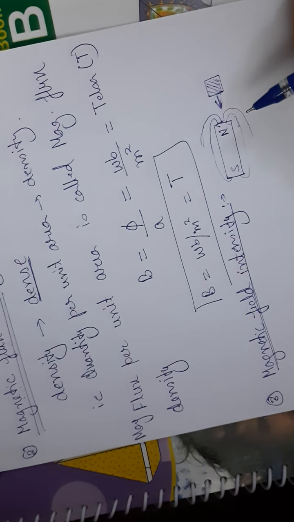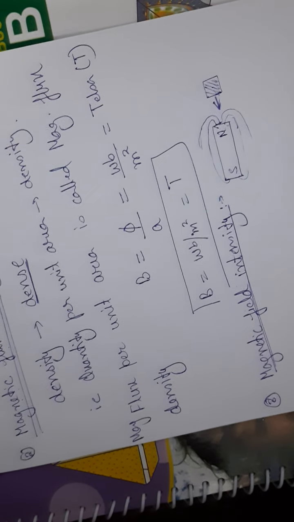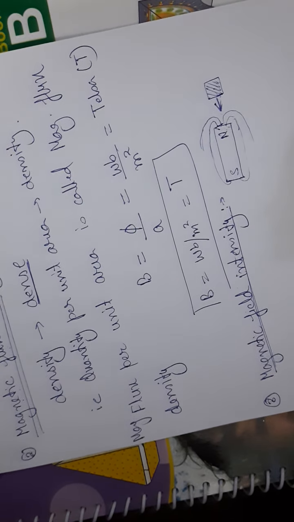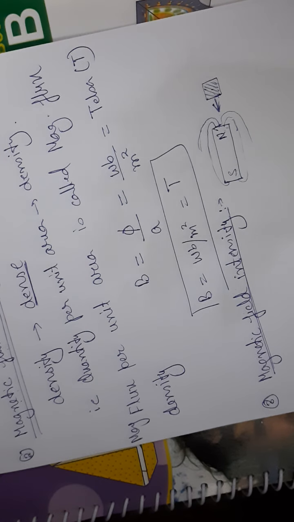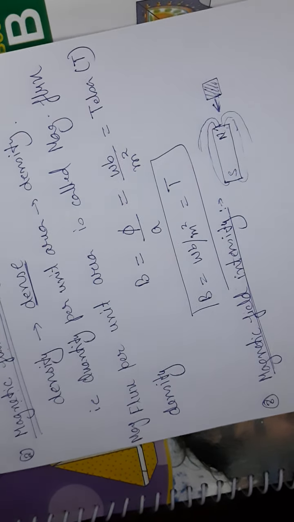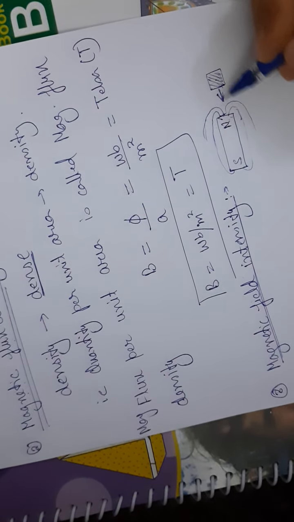You have seen that some magnets which are very strong can simply attract other magnetic material towards them. However, there are some magnets whose intensity is weak, so they may or may not attract all the material towards themselves. So the more the magnetic field intensity, the more force will be exerted on this magnet, and it will immediately move towards this side depending upon the magnetic field intensity. However, we are not interested in actual magnets here.